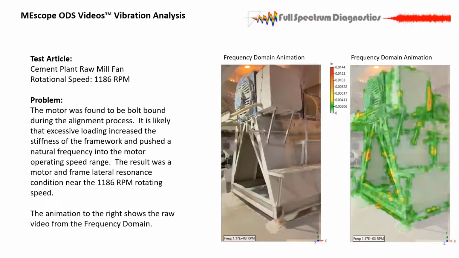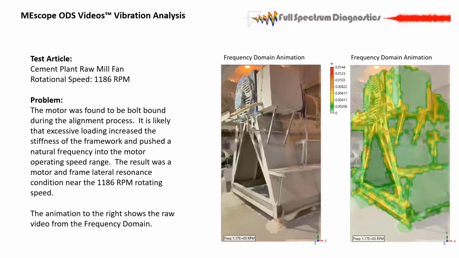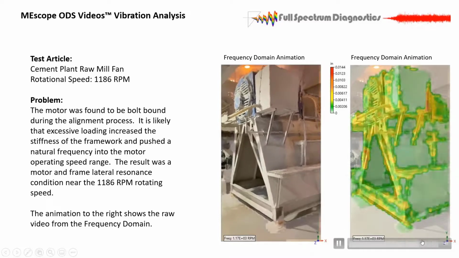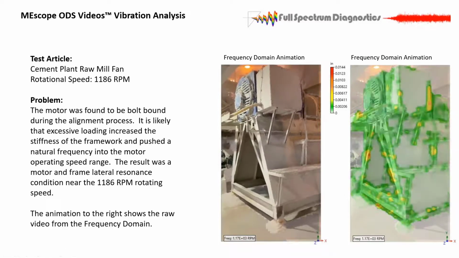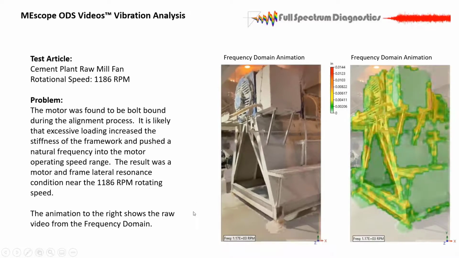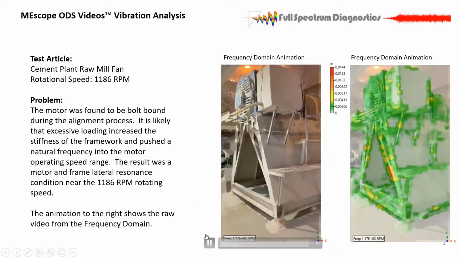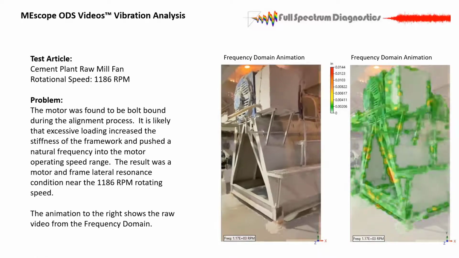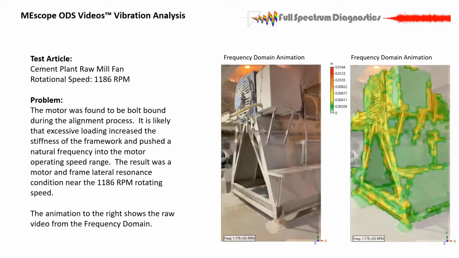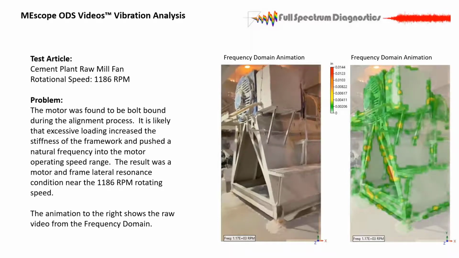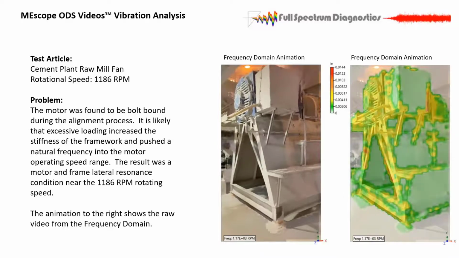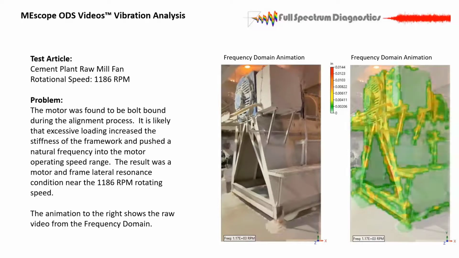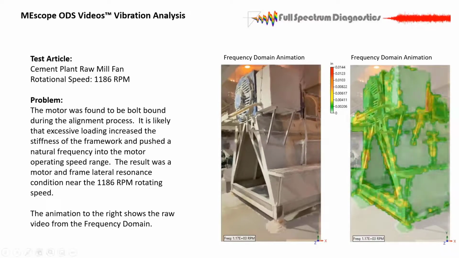This is a fan motor side of a fan and a fan frame in a cement plant. And again, we got cement dust everywhere. So that's one of the drawbacks of this. When you get some product or sand or what have you, or it's just a flat painted surface, it's really difficult to pull floor response out of unless you can get the right angle and get far enough away. Then it might work, but it's difficult sometimes, and it's in this case easy because it looked like it's bouncing